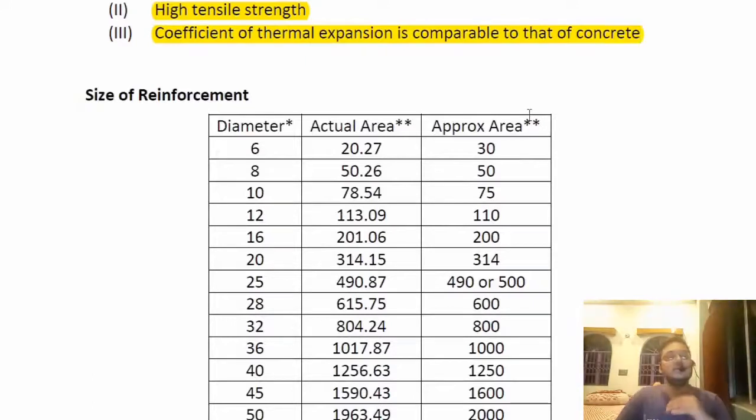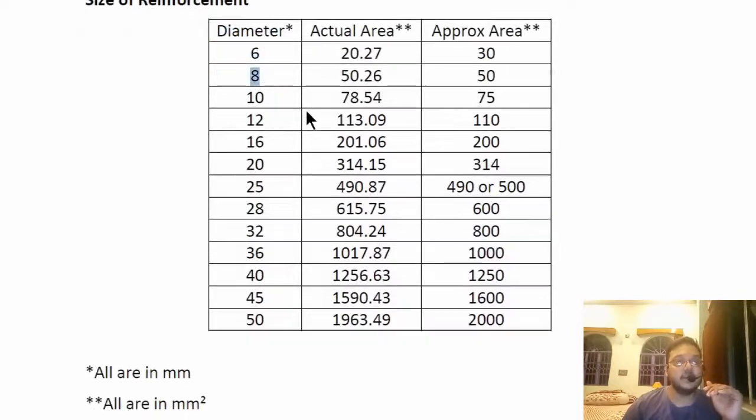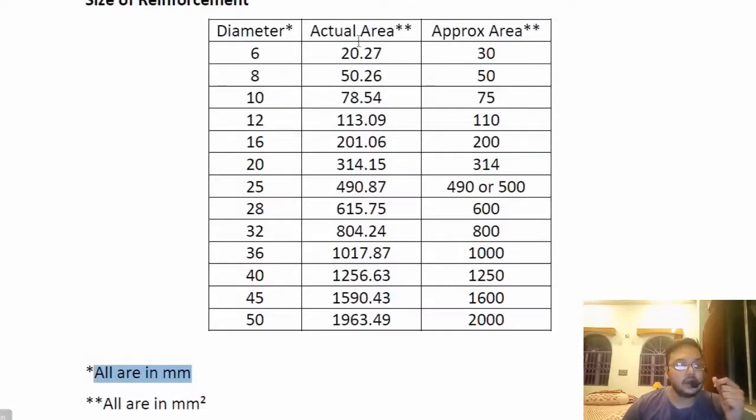Now these reinforcing bars, which we actually use for commercial purposes in our different sites or projects, are provided in different sizes, and these are the diameters which are listed. Whenever we purchase steel bars for our reinforcement, they are given in dias like 6, 8, 10, 12, 16, and note that all of these are in mm.